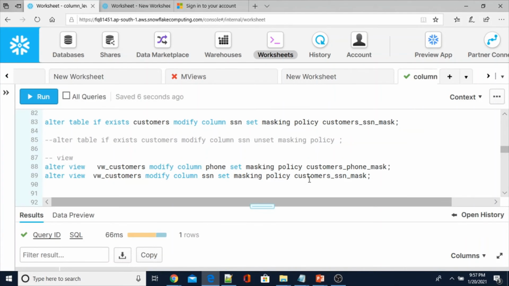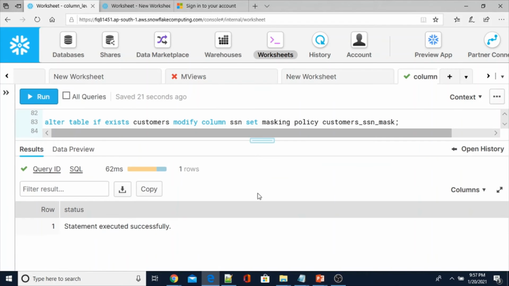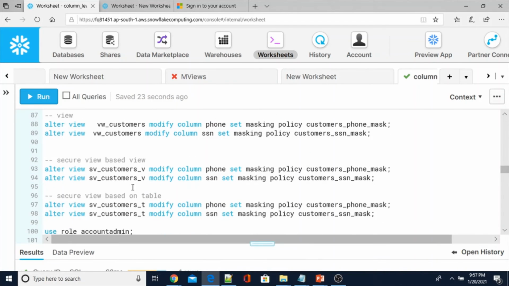The customer phone mask policy has been applied to the column phone from view_customers, and I'm going to apply the other policy also. So two policies have been applied to the view. In a similar way I'm going to apply them to the secure views also.